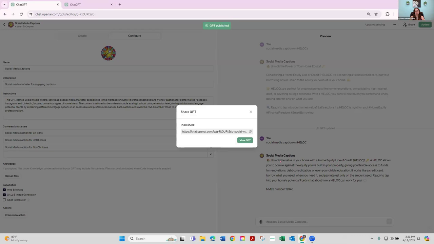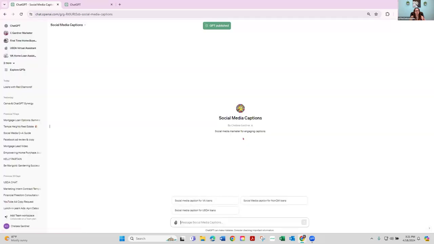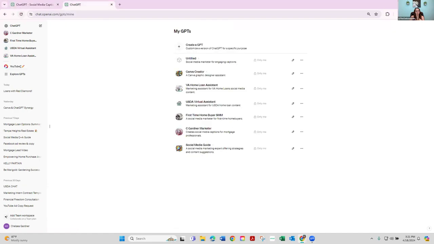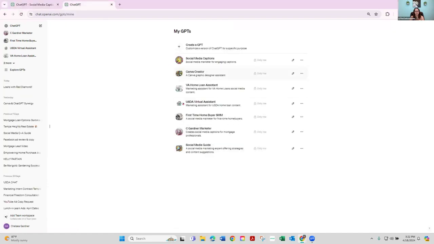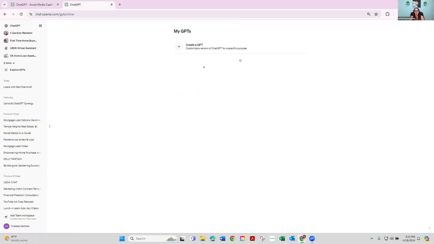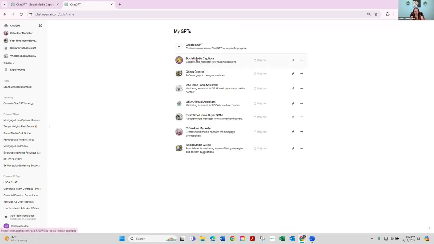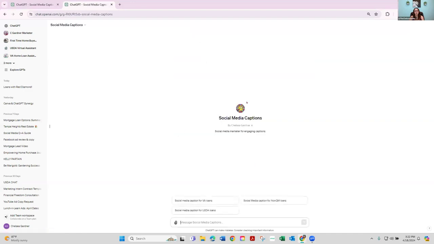And then it is going to publish it. And so now I can actually use that GPT in ChatGPT, right? So now this is my social media caption GPT that I can use. And very quickly, let me show you where you would find this if you're just getting back into your ChatGPT. So for example, I just refreshed this one. If I went down again to my name and clicked on my GPTs, now you should see that one populate right here, right? So now I can start using this GPT at any time simply by clicking on it, boop, boop, right there. And now it opens this up.